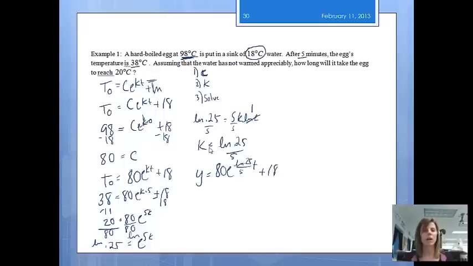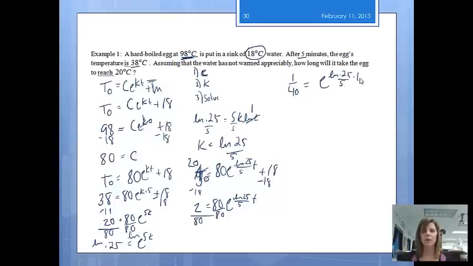How long will it take the egg to reach 20? So I want to know, when will that temperature, whoops, this should have been T sub O. When will that temperature equal 20? So solving this for T, first thing I'll do is subtract 18. So I'll get 2 is equal to 80 e to the ln 0.25 over 5 t. The next thing that I want to do from that, I'll divide both sides by 80. So I will now get 1/40th, and I'm just going to leave it as 1/40th, e to the ln 0.25